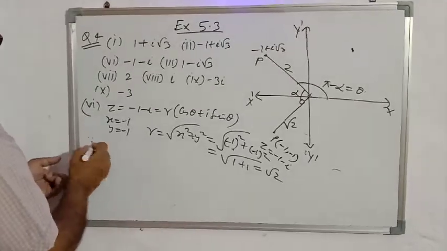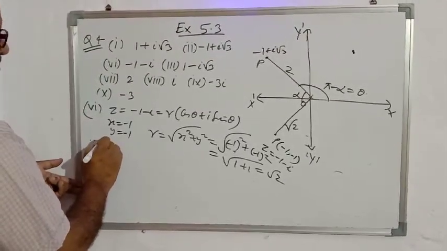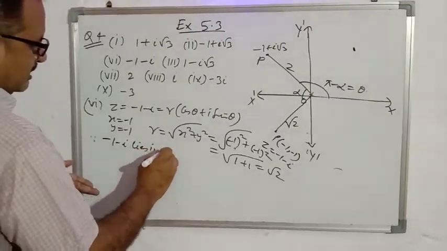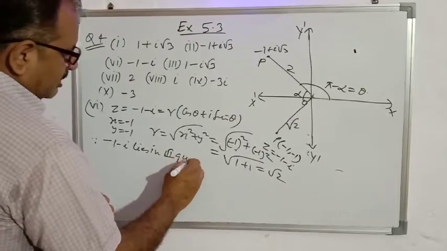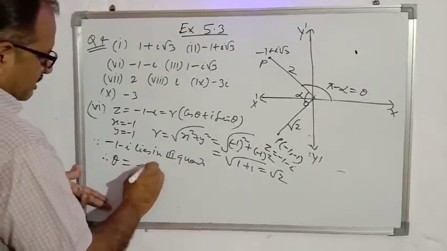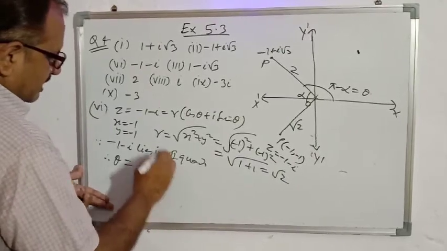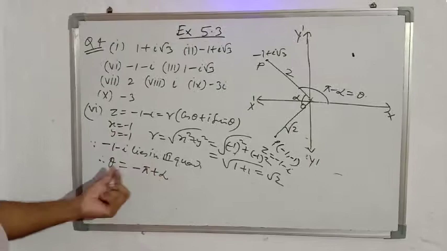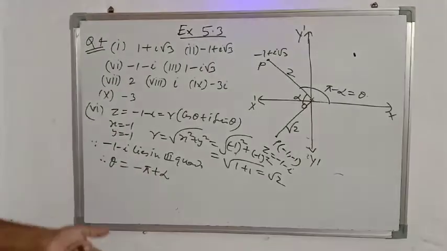Since minus 1 minus i lies in the third quadrant, therefore theta is what? Minus pi plus alpha. I have told you, when z lies in the third quadrant, theta is minus pi plus alpha, where